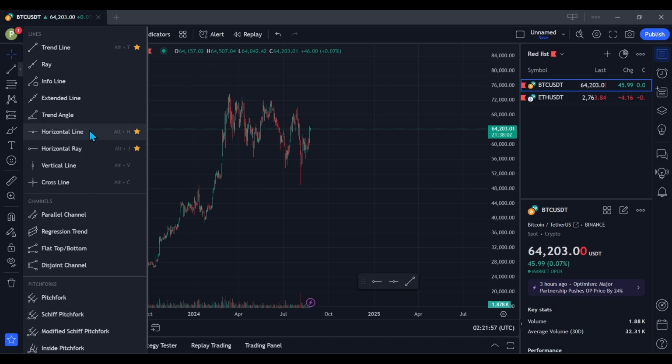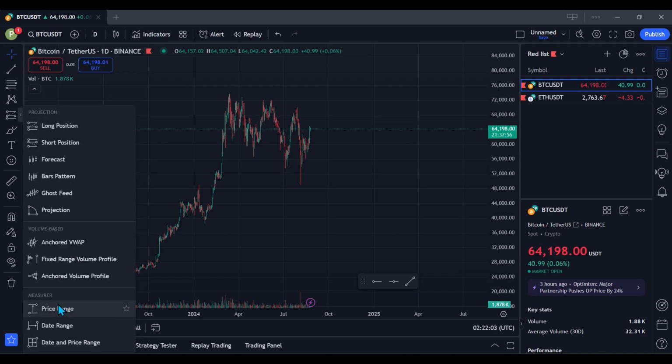Of course, we have our three favorites from before. I'm going to show you a couple more. One of those being the price range, which is important for a trader. And if you like